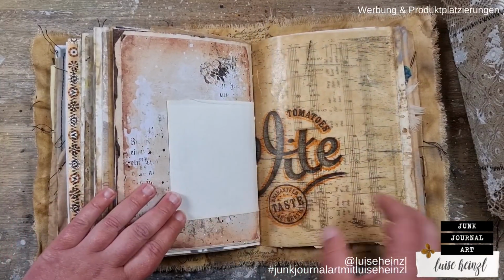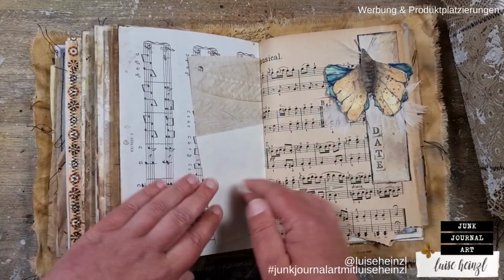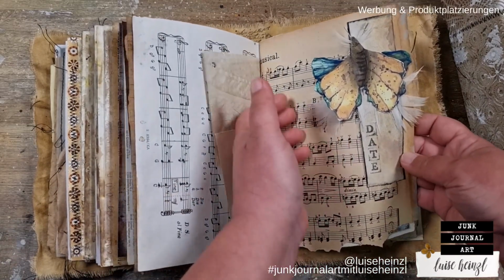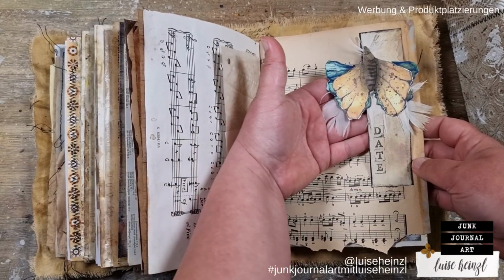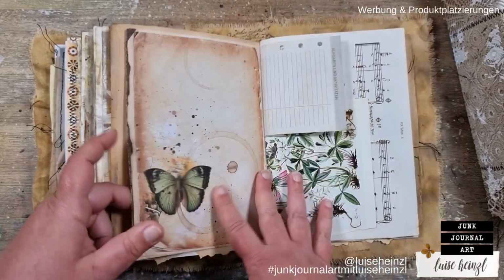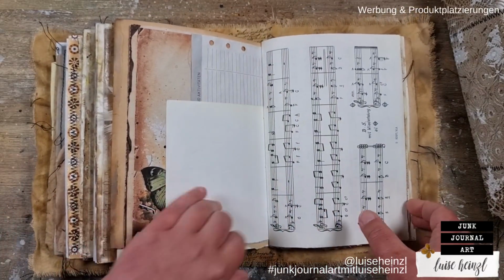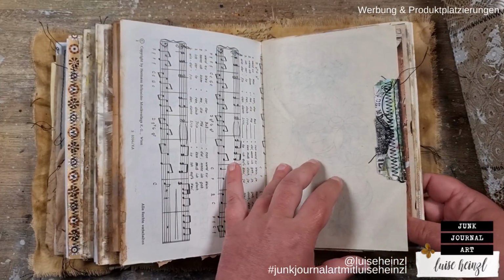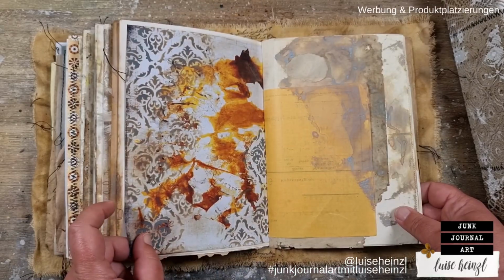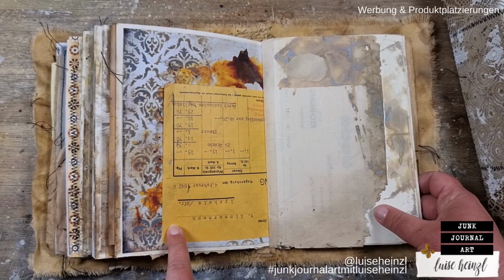Yeah, and here we are coming to the end. Some music sheets, of course, and this is also from the Defamramba ephemera. I've made that into a little tuck spot so that you can tuck something behind here. Yeah, so that's it. Nearly. Some of the tea stained butterflies here,